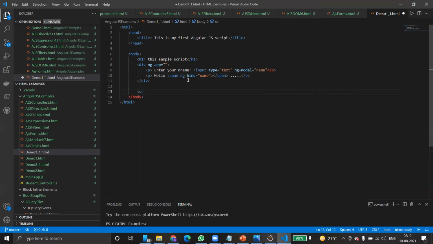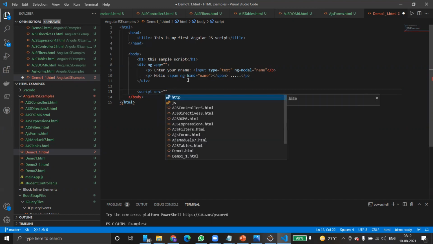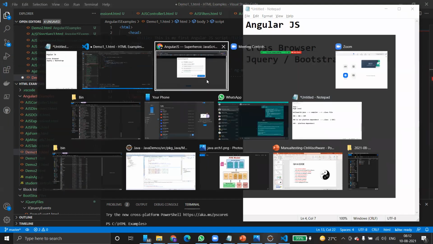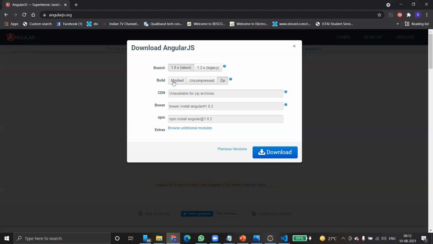Here also we have to include the AngularJS script, src equals to. What is the src? We just copied it already. So click on manifold and copy this once again.